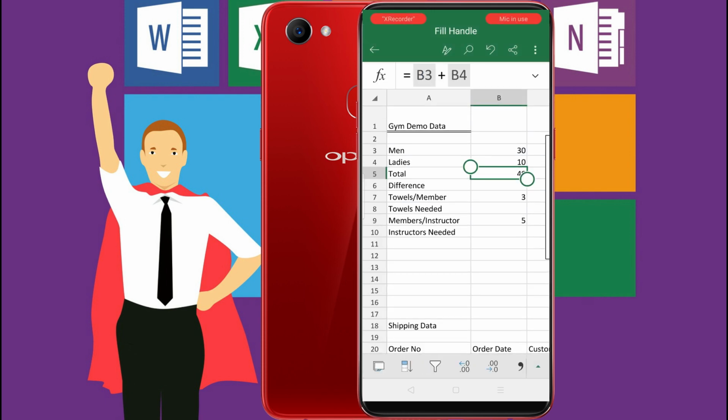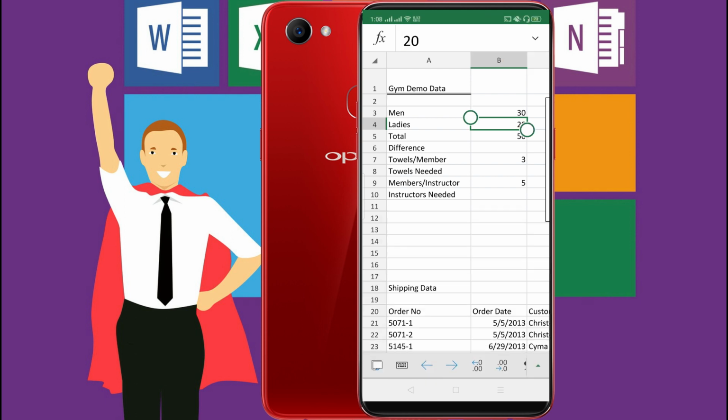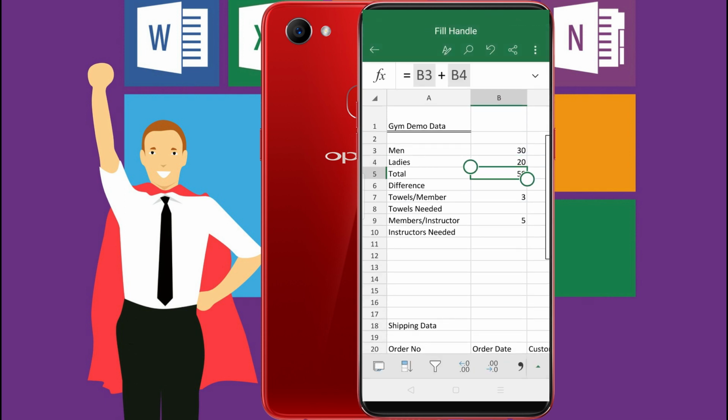So the total has been counted. So if we change the data here now, just look, 20, then the total also changes. So using the formula B3 plus B4, if we change any data here now, then the total will also change automatically. So this is very good.